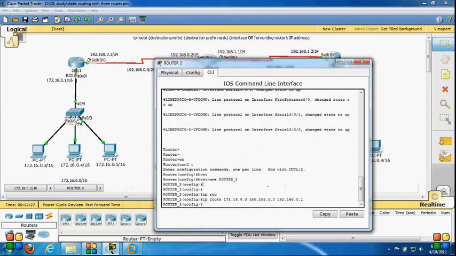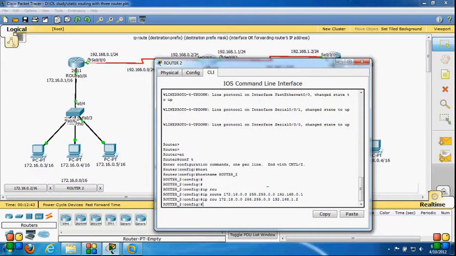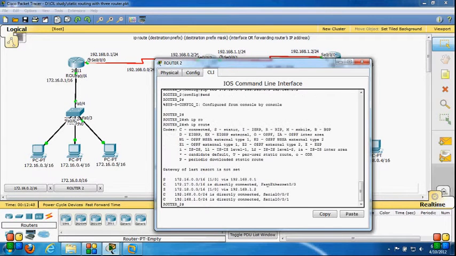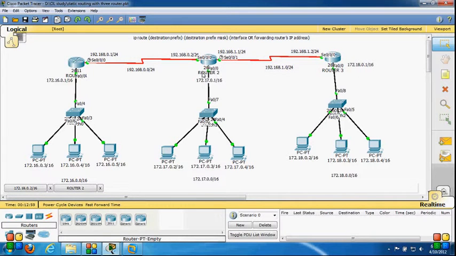Let's configure one more static entry, ip route 172.18.0.0. This is my destination network, and this is the subnet mask of my destination network, and the next hop IP is 192.168.1.2. Hit enter, and then let's check the IP table. Show ip route. It's showing me S, static route: 172.16.0.0 is connected via 192.168.0.1, which is router 1's serial 0/0 IP address.